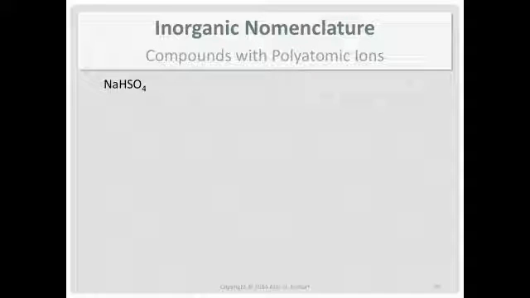NaHSO4. How do you look at a polyatomic ionic compound and immediately recognize that it's polyatomic ionic? Because you don't have the names. You have to get the names. Before, we were doing binary compounds, and binary means two. Here we have sodium, hydrogen, sulfur, oxygen, 4 things. Therefore, that makes this compound one with a polyatomic ion in it.